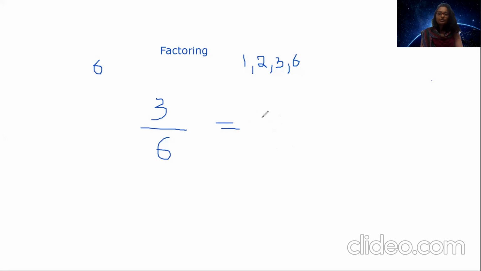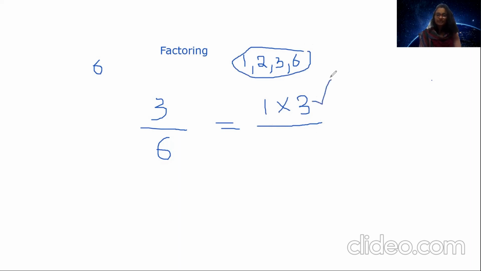So, I'm going to write what are the factors of 3. Great. Yes, 1 is a factor of 3. And 3 is a factor of 3, right? That's amazing. Now, just like the numerator, what all can you use from the factors of 6? What all can you use in the denominator that can match something in the numerator? Now the 3 that is in the numerator, we have to see which of the factors of 6 match it.